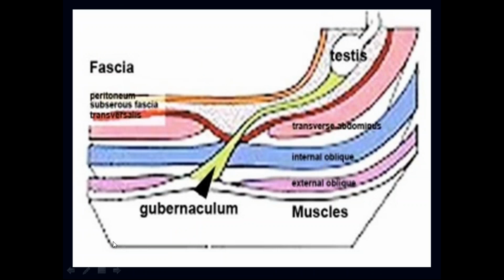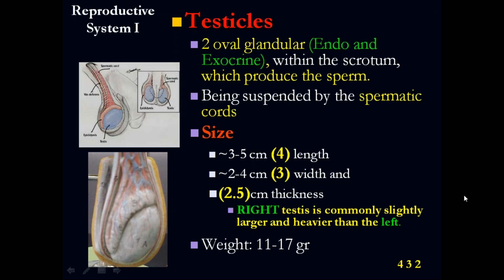Okay, so here we have, again, the gubernaculum, just to show it more in this cartoon. This is coming from the abdomen here. This is the testicle, and at the inferior pole of the testicle we have an attachment. This serous membrane is called the gubernaculum, and it is going to pull down and guide the testicles through the inguinal canal down to the scrotum. All right, so let's talk in more detail about the testicles.